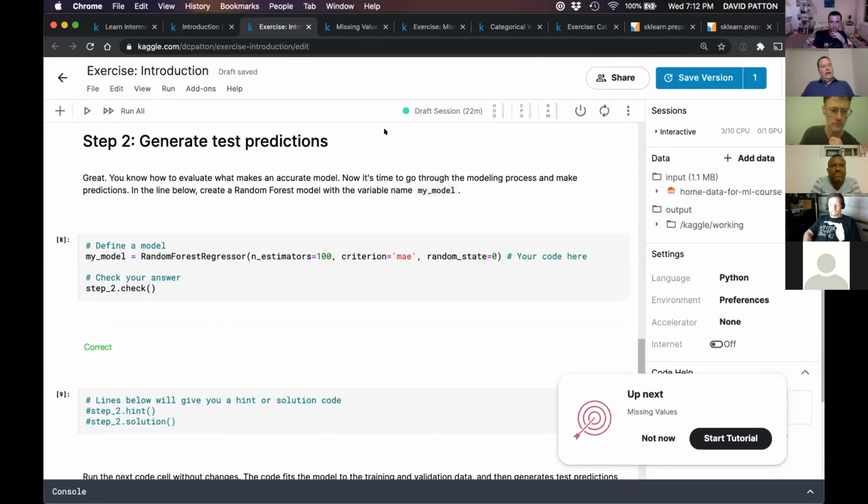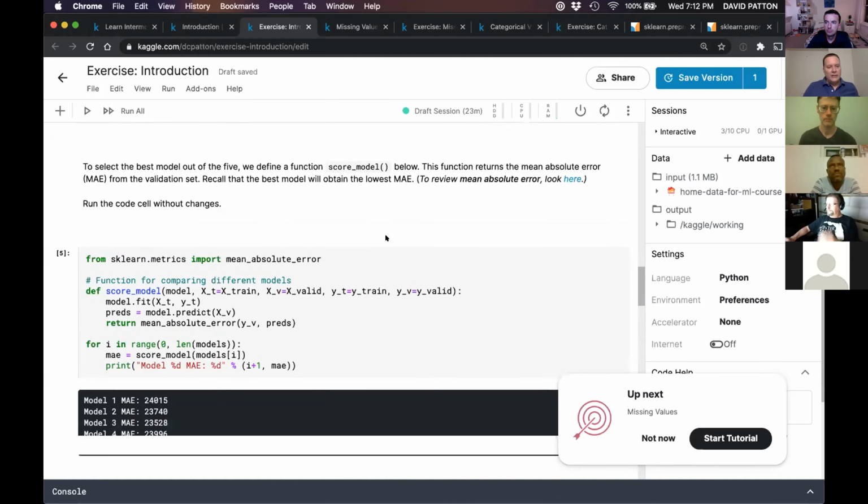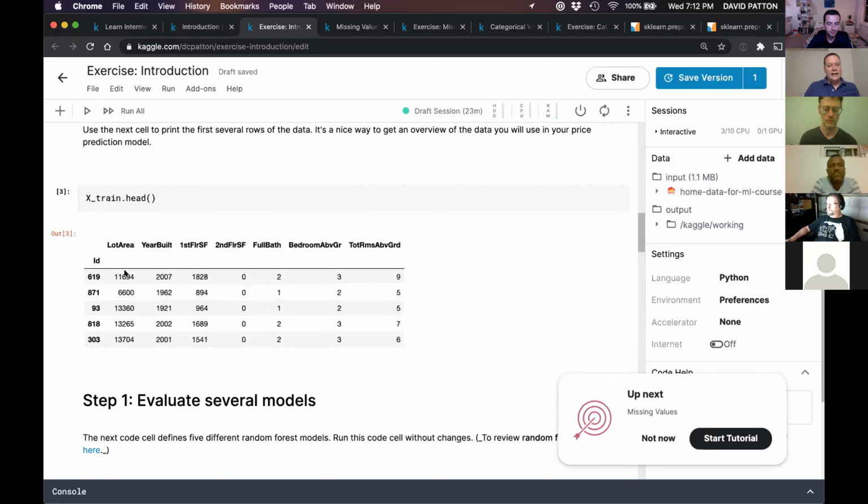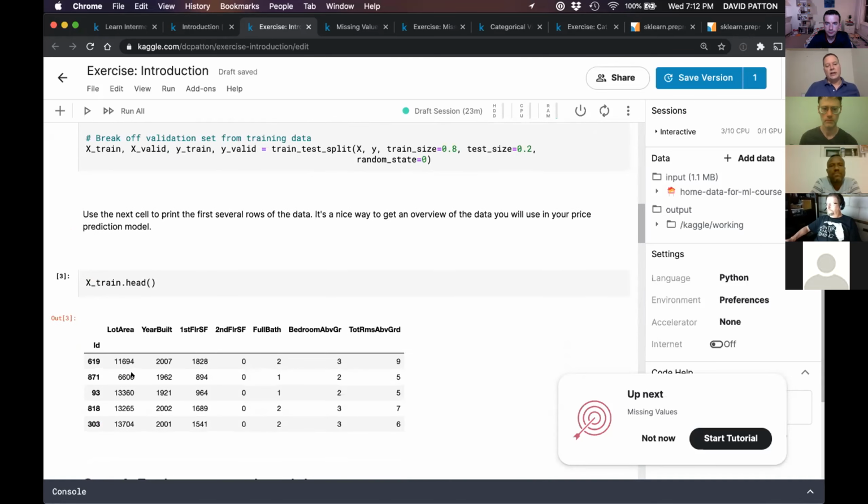So in a regression problem, you're trying to predict a number, in this case a sales price, right? So that's the essence of regression, is predicting a single value. One way to look at how you're doing across all of the training set, which if we go back to our data frame, every row in our data frame has features that represent a single house. And then we also have another set of data for prices. So in the original data set, there was a column here for sales price. So for each house, we're trying to predict that.